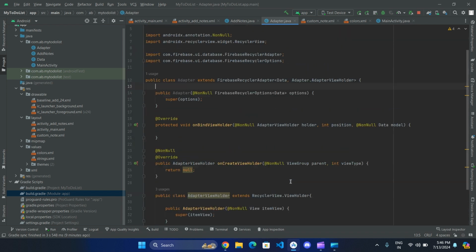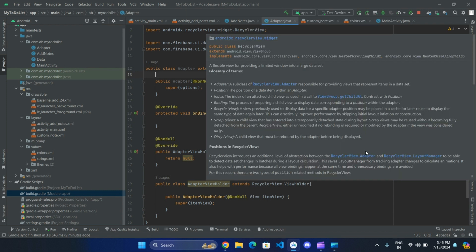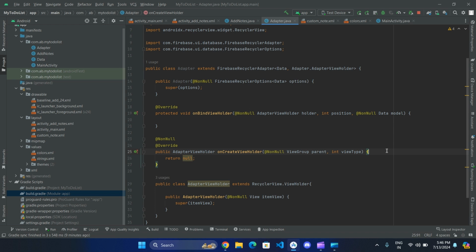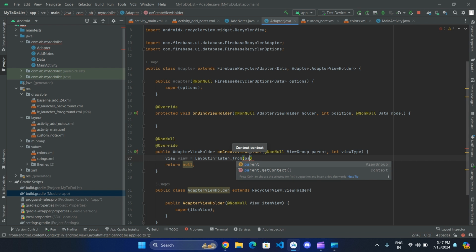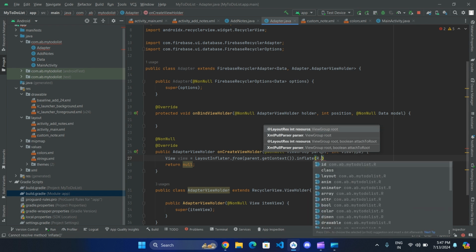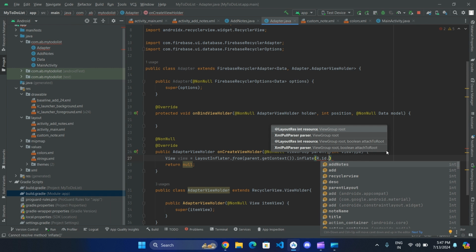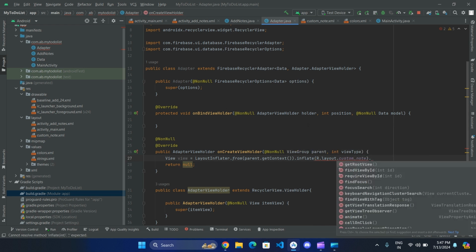As you can see the code is not that complicated, it's quite clear. Now we need to figure out a few things. For the custom view that we have created, to set that, we need to do this in this particular method, that is onCreateViewHolder. So we will create a View object, equals to LayoutInflater.from, then here we can pass parent.getContext().inflate. Then we can set our resource layout, that is R.layout.custom, no,